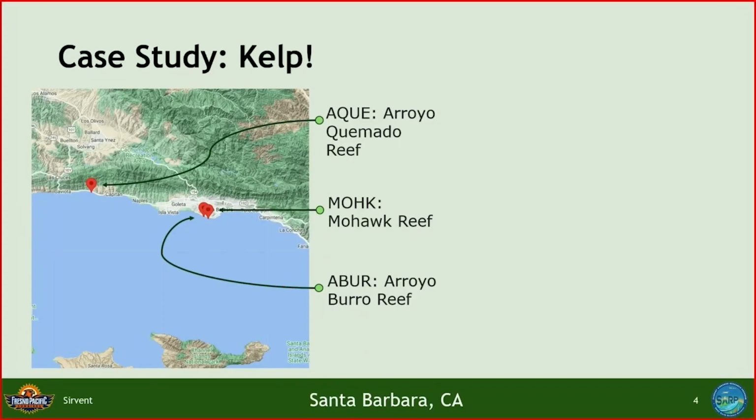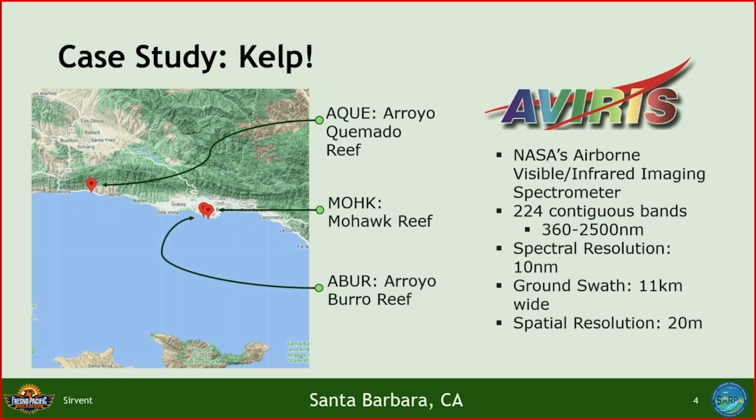And using kelp as a case study, we need in situ data in order to construct a model to predict pigments. The in situ data that we're going to use is off the coast of Santa Barbara. A diver went out and took kelp blades and logged the pigment concentrations and the hyperspectral data for those kelp blades, and he did it for years. That's to construct the model, but we also need to validate the model, and to do that we need some kind of airborne data.